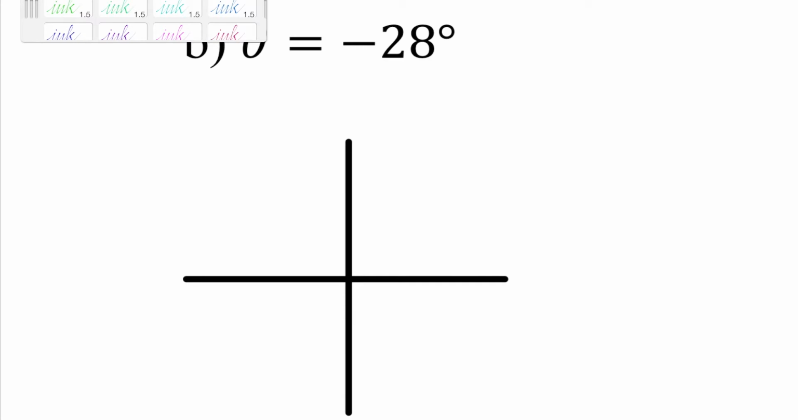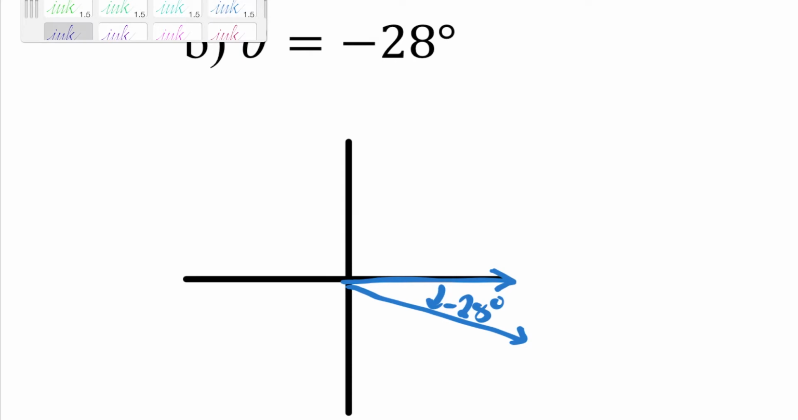Negative 28 degrees. So because it's negative, I know I'm going clockwise. So I have my initial ray, my initial line. And then because it's negative, I'm going in the opposite direction that I normally do. So it's going to be just less than 30 degrees. Again, you don't have to be exact. I'm not going to sit there with a compass; as long as you're in the ballpark, you're totally fine. So this is my negative